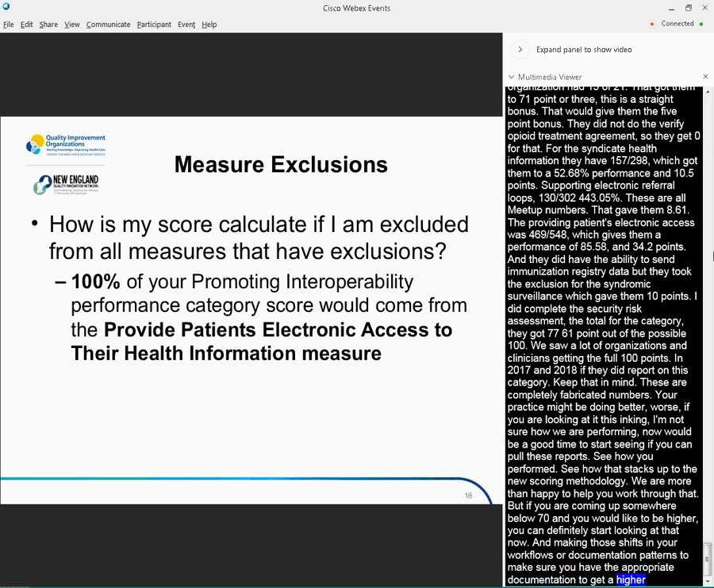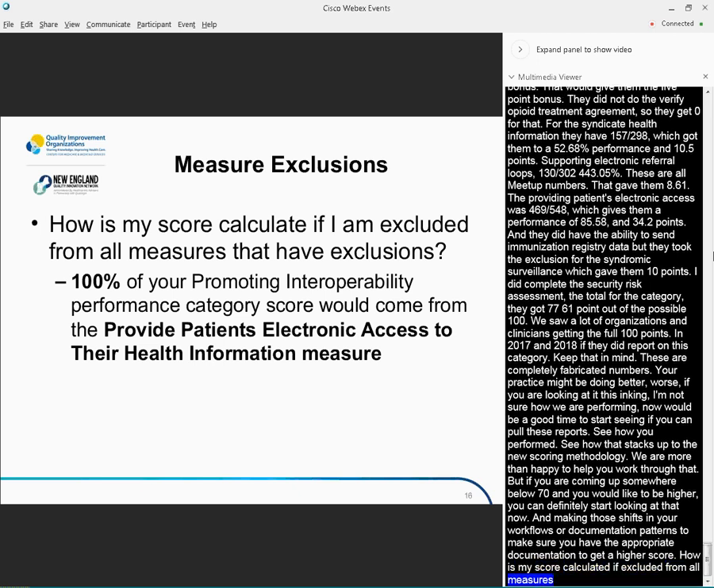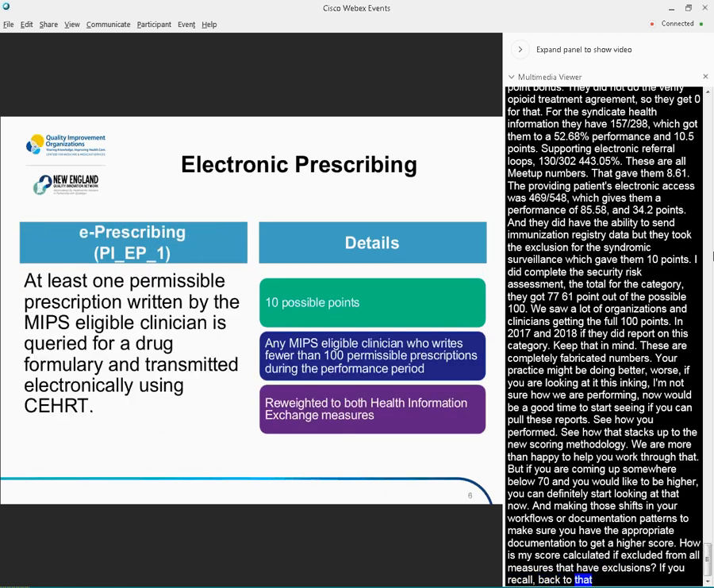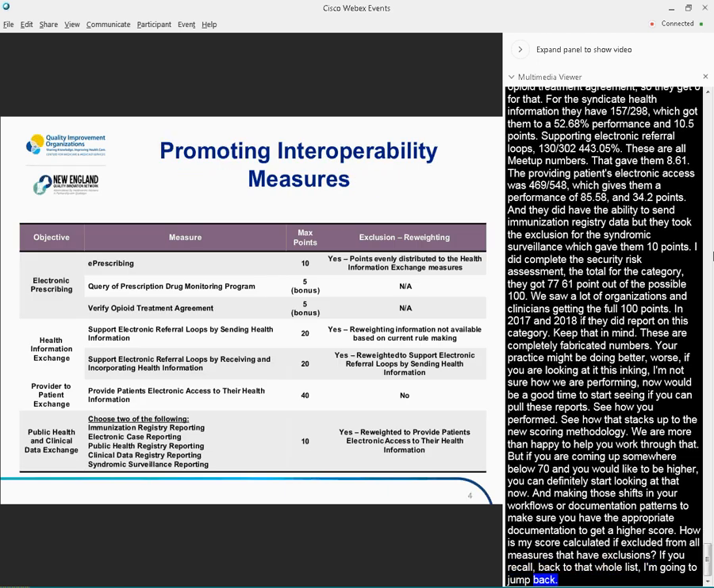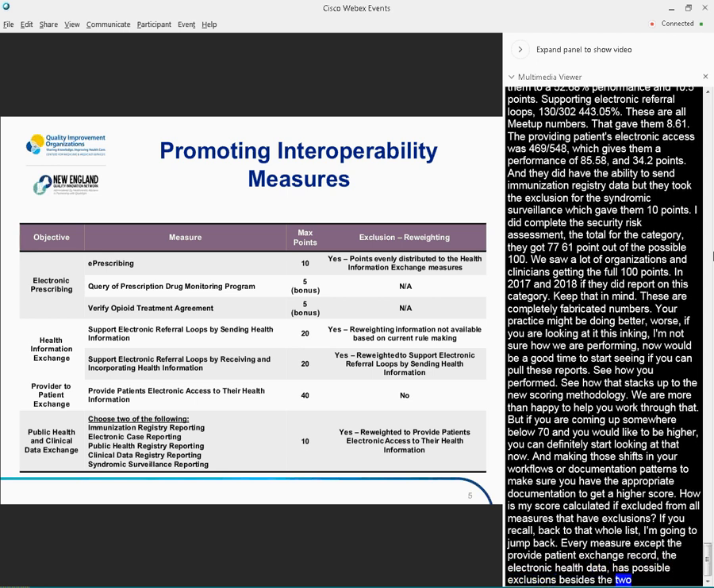Interesting. So, how is my score calculated? It's excluded from all measures that have exclusions. So if you recall, let's go back to that whole list. Every measure except the provider to patient exchange measure, so providing patients access to their electronic health data, has a possible exclusion, besides the two bonus measures. If you are eligible for exclusion in every single one of those measures, you're probably thinking,